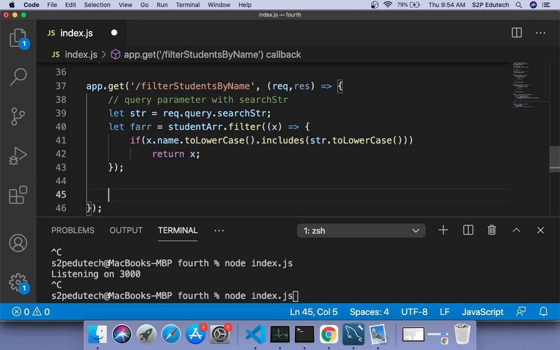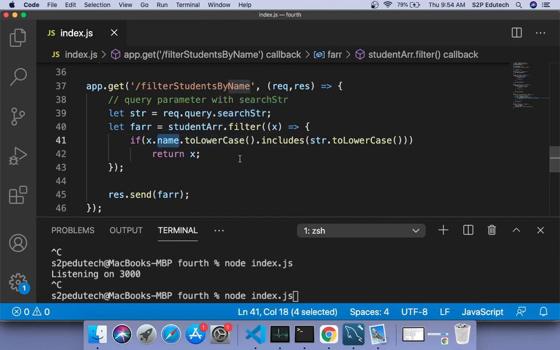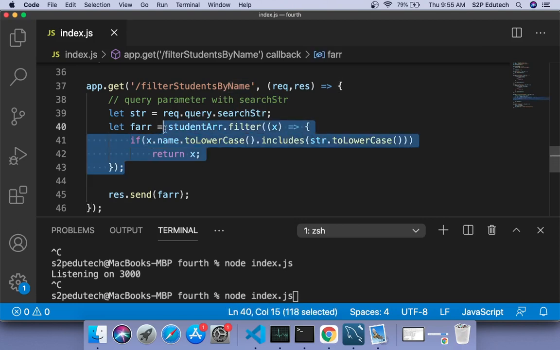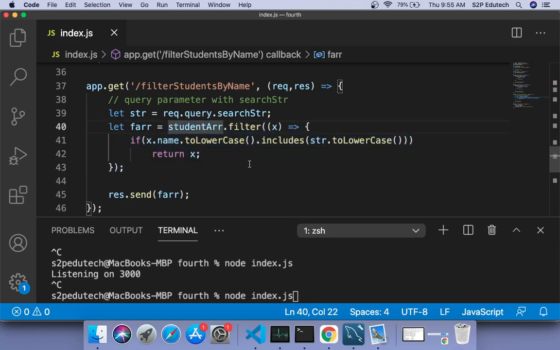functions, I know that you guys had some reservations with this filter, but I guess you had solved them. So let's see. I would say response.send and I would pass FARR. So I am only passing the filtered array depending upon the search string which we would be getting via the query parameters, right? And that search string would be searched in the name parameter of our students. So what we would get via this is some sub array which contains that substring.